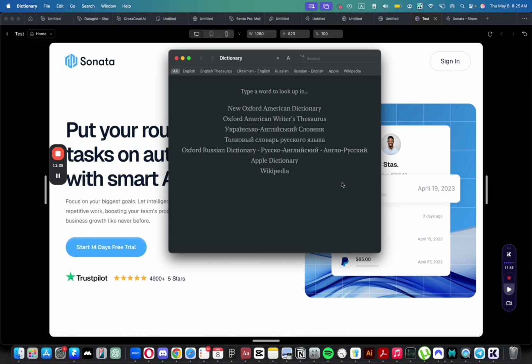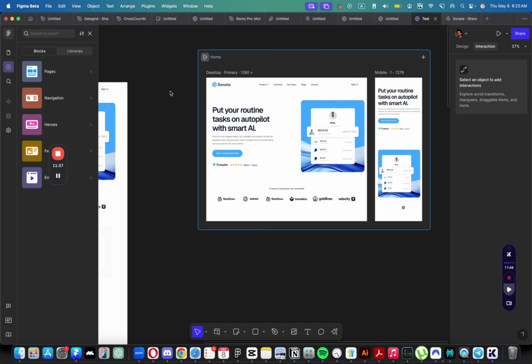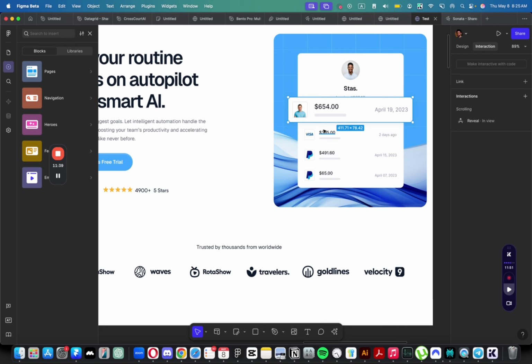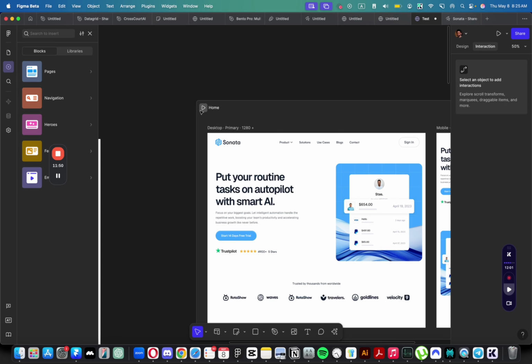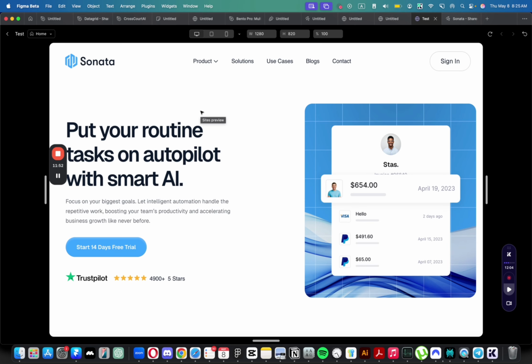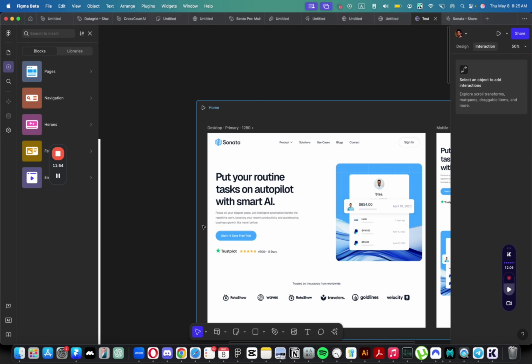All of this is text, so you can easily change the text and adapt everything that you want. No need to juggle between Framer and Figma right now. You can do anything that you want here. So what I'm going to do is just type hello. If I change the text and preview it, it will change the text as well. So this is insanely cool. You can add, obviously, if you